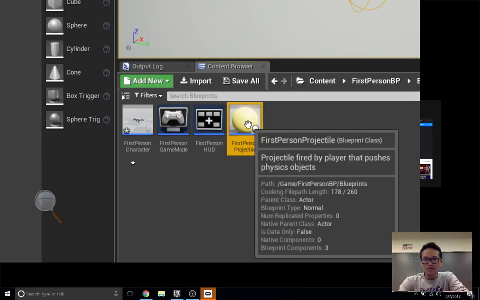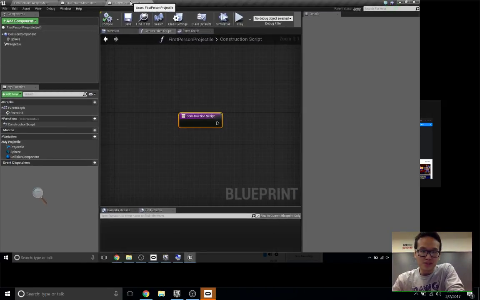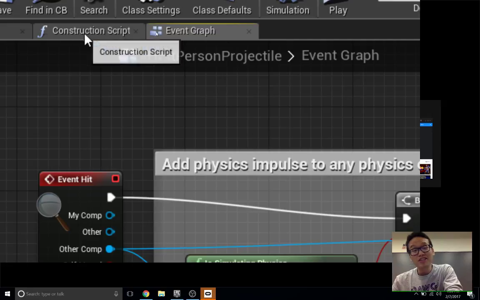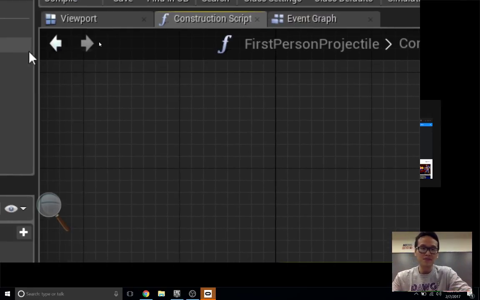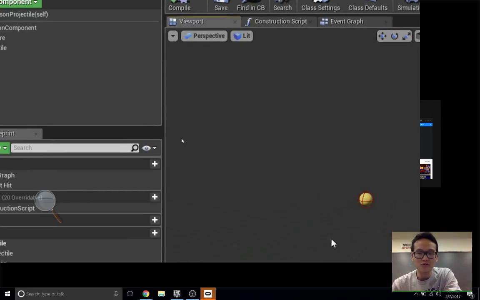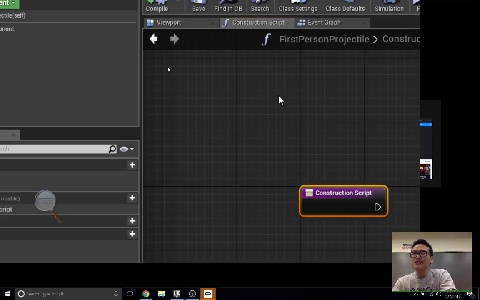Okay, so once you get there, you can double click it, and it opens the first person projectile. For you guys, it's probably open on the event graph tab. While I was debugging, it jumped to here, so it was in the construction script. Okay, so what are the different tabs? Viewport tab is the actual physical representation of it. So you can see it's a ball, a yellow sphere. Construction script is basically the constructor. This runs while you're also inside the editor, so it doesn't just work only in game.